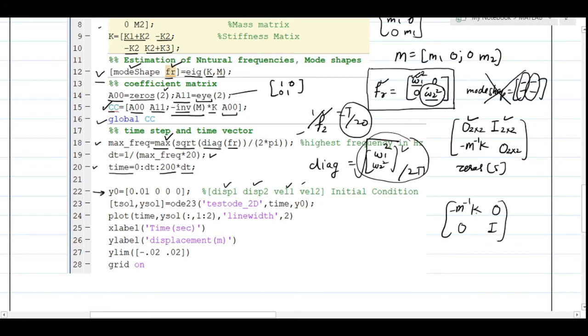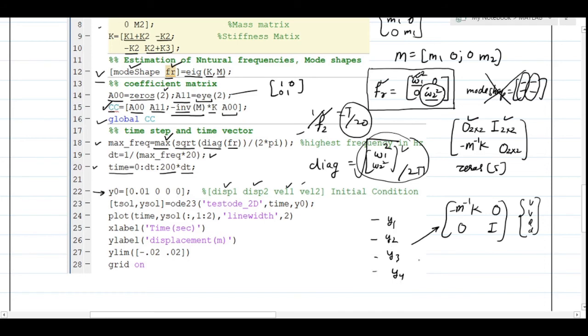What does it mean? It means I have created my state vector in terms of displacement, velocity. What is our state vector? Our state vector is y1, y2, y3 and y4. The first two correspond to displacement. Later I am having the velocity terms. On the other hand, if your state vector is defined the other way, that means the first two will be velocity and then the displacement. So please don't get confused.